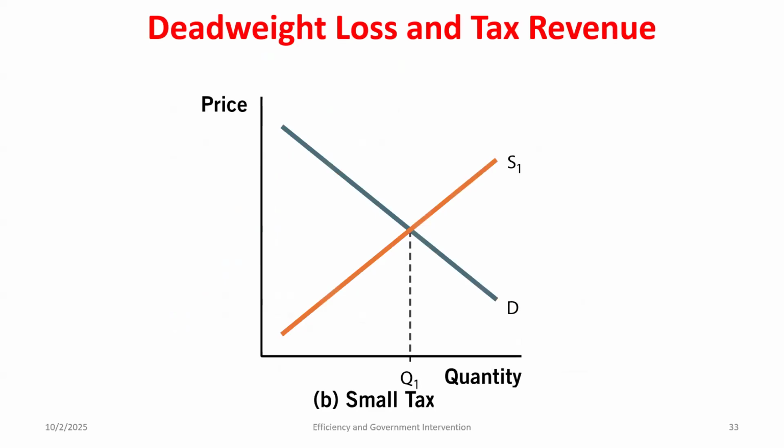Okay. So let's now think about the relationship of tax revenue and deadweight loss. We've talked about tax incidence. Now we want to think about what the government's goal of a tax is. They want to try to raise the most money possible, right? But if I increase the tax, what am I going to start to do? Okay. In the most extreme example, let's say I had a market that looked like this. If I impose a large enough tax,